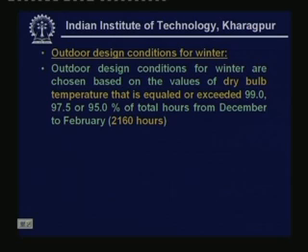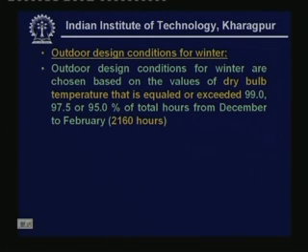So, just like summer, outdoor design conditions for winter are chosen based on the values of dry bulb temperature that is equal or exceeded 99%, 97.5% or 95% of total hours from December to February. December to February is a typical winter time. So, if you count the number of hours, you will find that from December to February there will be about